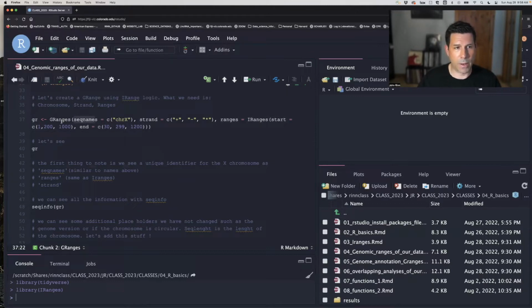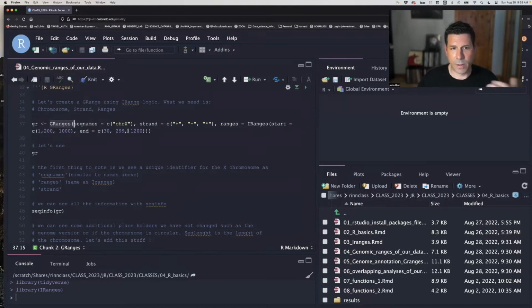And so we have this extra variable seqnames, which is super handy. We'll see more later. So if we look at this from left to right, we're saying call up the GRanges function. So we're going to make a range of starts and stops that are associated with the chromosome. It also can track the strand if you're on the plus or minus strand, or you don't know the strand, the star, which is the case for us with ChIP data. And then you need to set the start and stops of the values for that chromosome's attached and value. Okay, so let's make that